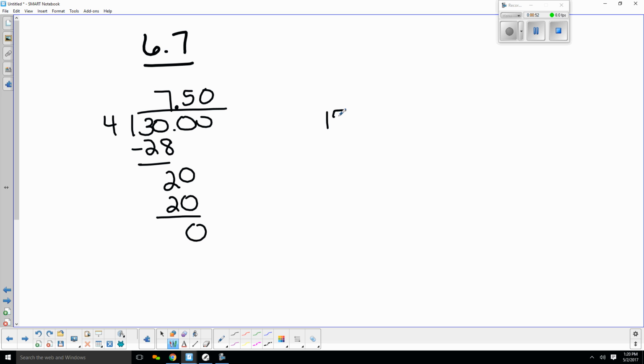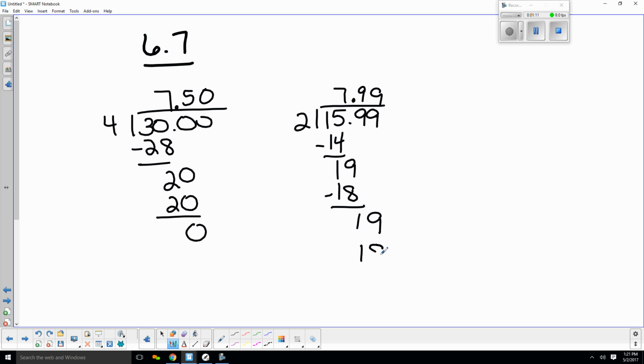For CD City, it was $15.99, and we're going to divide that by 2. 2 will go into 15 7 times. That's 14. Subtract. Bring your decimal up. Bring your next digit down. That's going to be a 9. Subtract. Again, that's going to be 9. Now, we're talking money, so we do not have to continue on, but that's going to be roughly $7.99